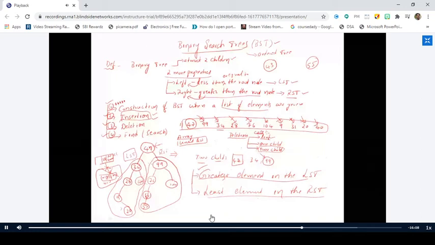Listen carefully. The first case is you can replace the node with 2 children with the greatest element in the left subtree. In order to identify the greatest element in the left subtree, you go 1 step downwards from the node which you want to delete. What is the node you want to delete here? 47. So you go 1 step, that means you are reaching the left subtree.